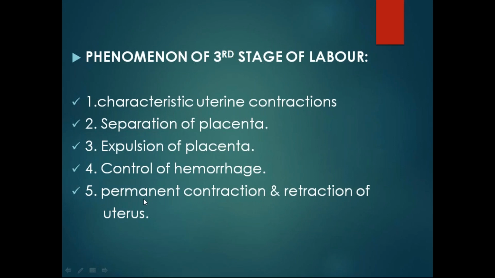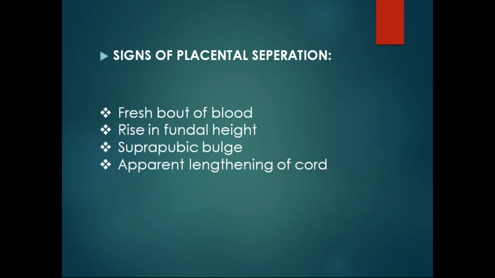Because nothing else is there now, the uterus has to nicely, strongly contract and retract so that the bleeding will stop. So what are the signs that the placenta has separated? Once the placenta starts separating, the vessels will open up. The uterus is contracting, whereas the placenta is not contracting, so there will be a shearing force between the two, and the vessels will open up and there will be a fresh bout of